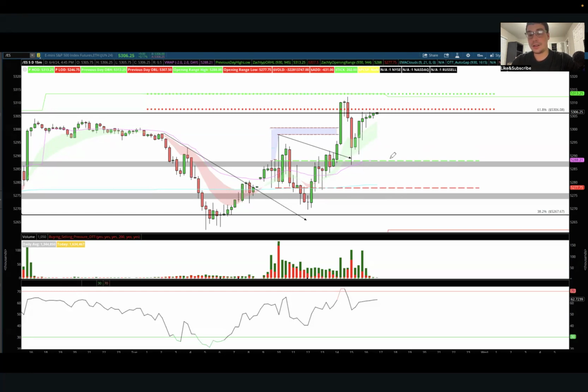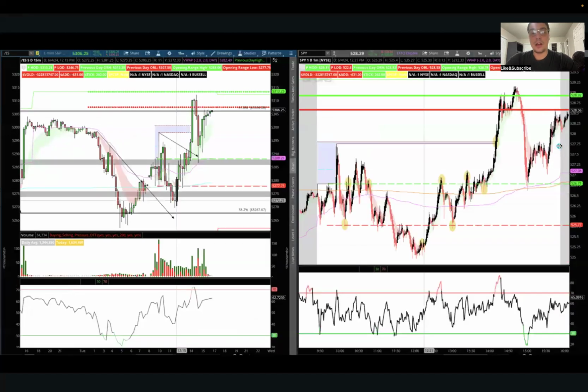But there's other instances as well where you break out and retest those levels, and then if you break out, retest an opening range low, you can look for shorts. And just like we did over here, where we broke out, retested the opening range high, you can look for long entries here as well. So there's a few different ways to do it, and I think it's cleaner and easier to see